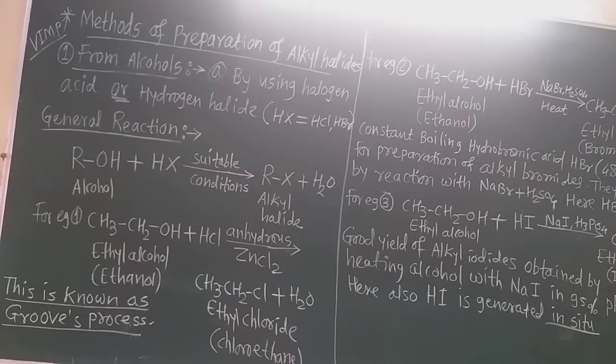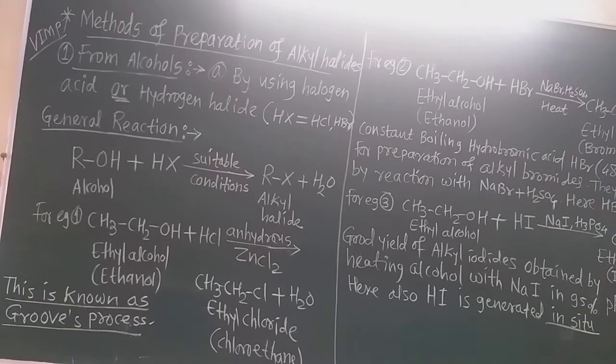Now, in this chapter we have to study only the alkyl halide, that is the monohalogen derivative. Though we learn in the classification many types of halogen derivative, dihalogen derivative, trihalogen derivative, allyl halides, etc., from this topic we are going to learn only the alkyl halides. So let us learn the methods of preparation of alkyl halides, RX. Now we learn so many methods. The first method is from alcohol.